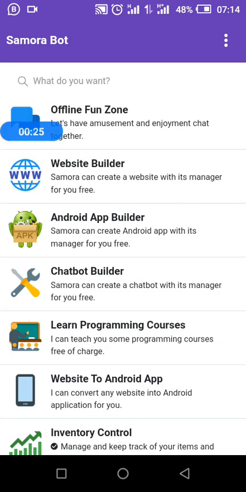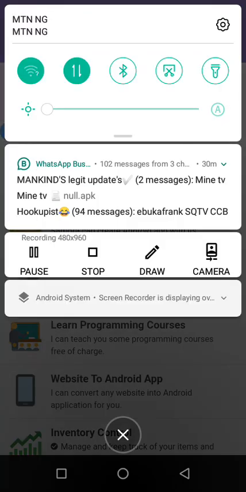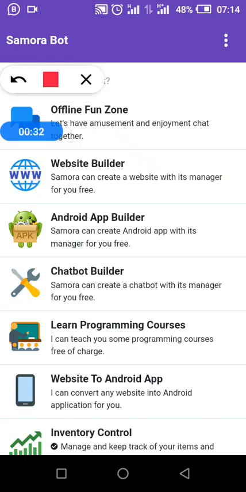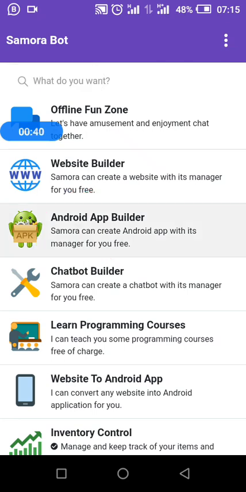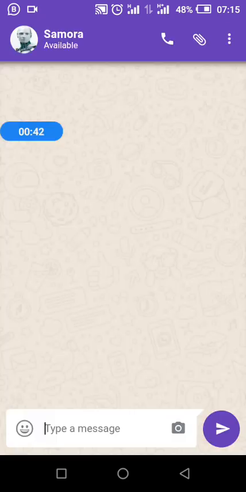And open the app. The app opens like this. Then you click on App Builder. Don't click anywhere else except this one. Click on this App Builder. When it opens like this,